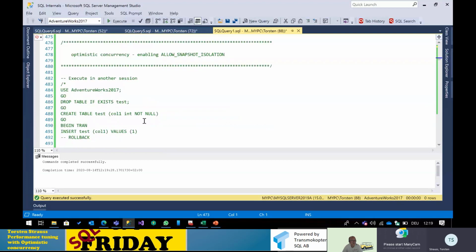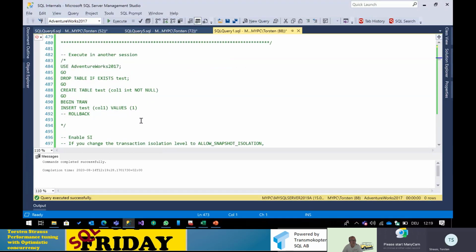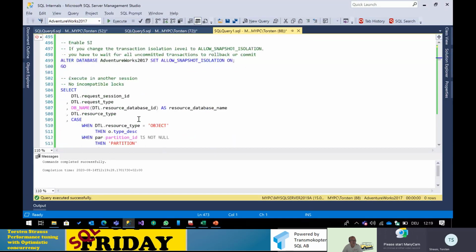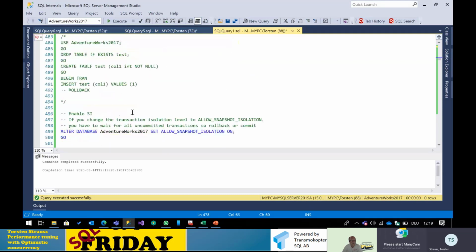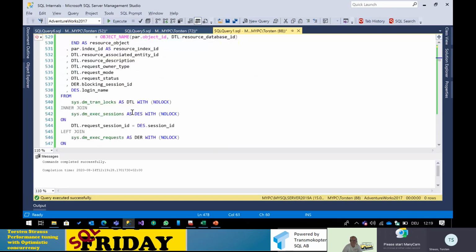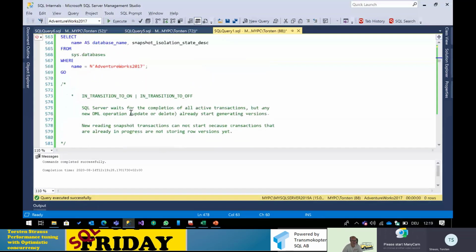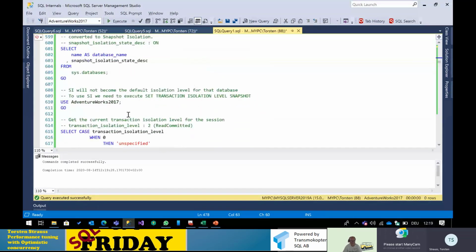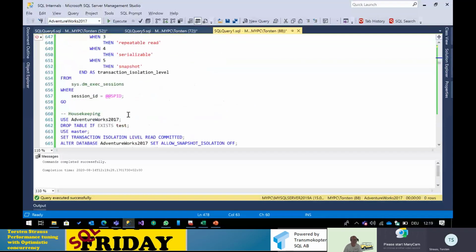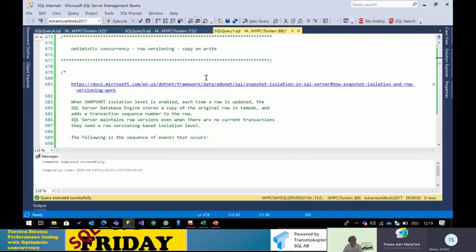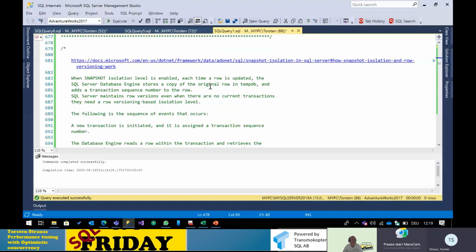Okay, so enabling allow snapshot isolation, I will skip this because we are running out of time already. That is normally a session which takes, I don't know, 3 or 4 hours. So I just want to concentrate on a few things here. Copy on write. So the technology, and we will see it. I do not want to read what I have written here because I want to show what is going on